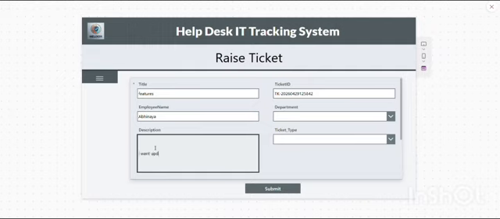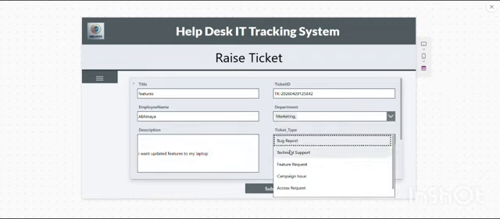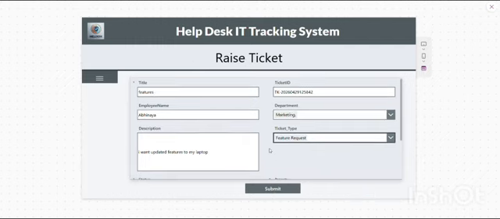I want updated features to my laptop. Department marketing. Ticket type: feature request.